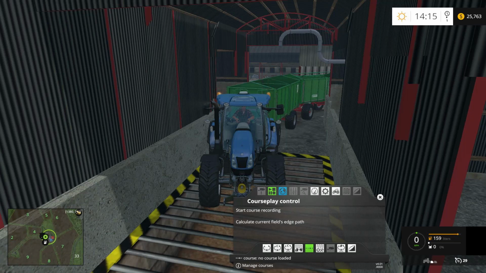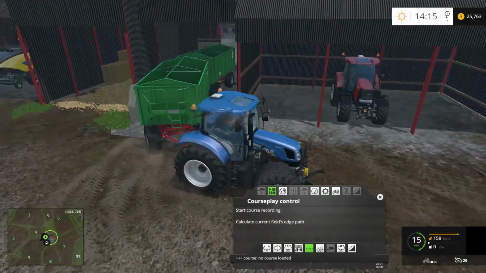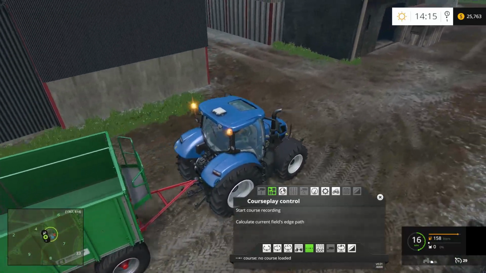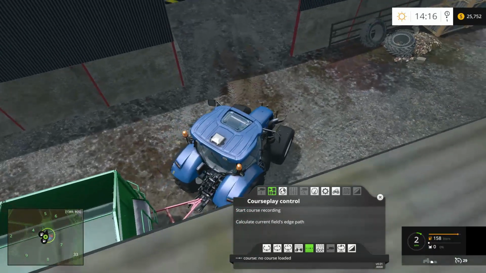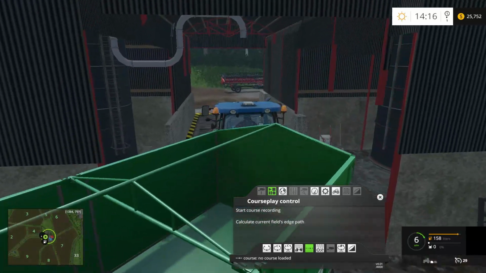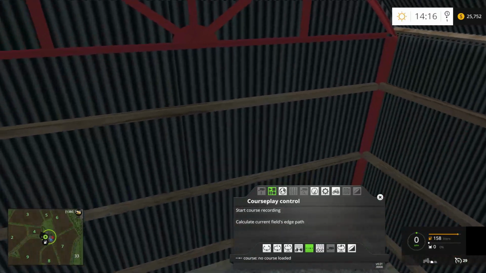So I'm going to back up a little bit because I didn't get in here quite straight. I want to make it so that we're straight, so I'm going to go around the horn. You can see this tractor just turns so much better than the Case. It's almost too much. It's like, whoop. But that's good for deliveries. So we're going to come in here this way. All right, so we're going to pull under the hose thingy. And from here, we're going